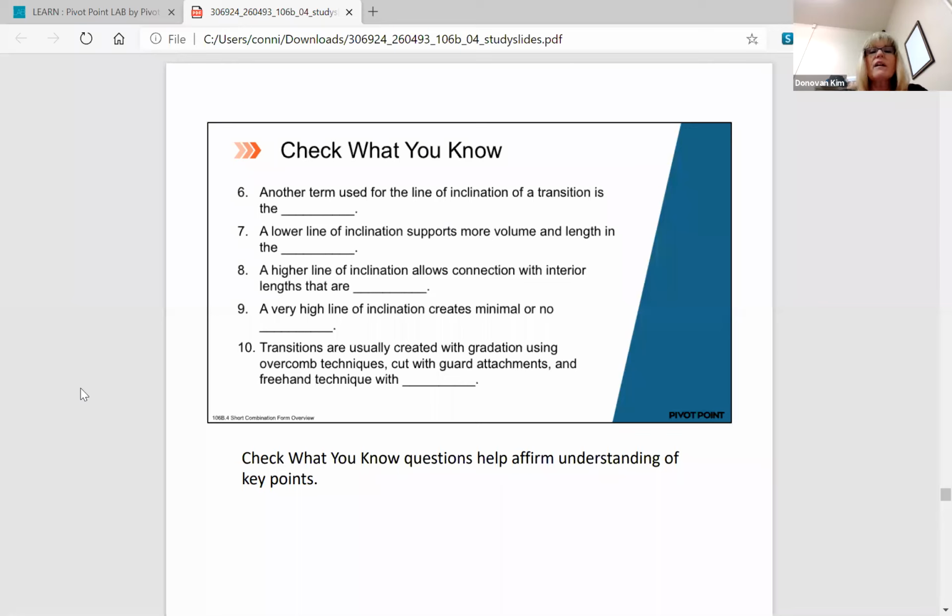Another term used for the line of inclination of a transition is... a lower line of inclination supports more volume and length in the... higher line of inclination allows with... very high line of inclination. A very high line of inclination creates minimal to no weight. And transitions are usually created with gradation or fade techniques with the guard attachments. Freehand technique with,